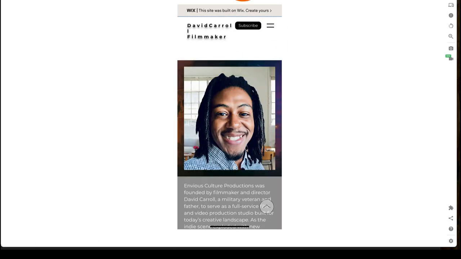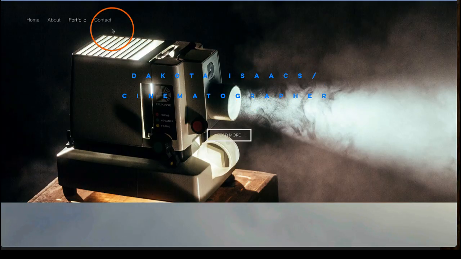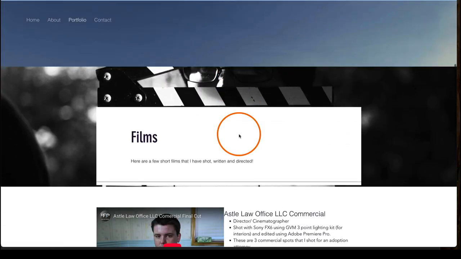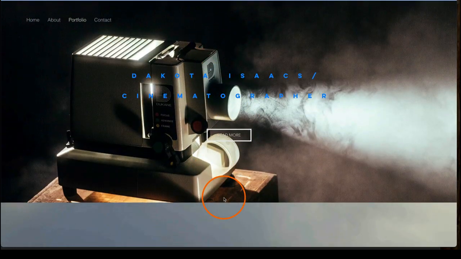All right, let's go to the next one. Okay, Dakota, I believe, let's see if this goes anywhere. This might be going somewhere and changing, but I can't tell because I believe that this might be your full header. We'll see when I check this. Yeah, so we can't have all this in your header. You could have it on a home page and that'd be great, but you need to separate and just have your name and what you do up here in the header and your menu.